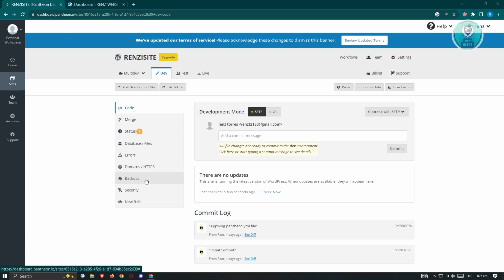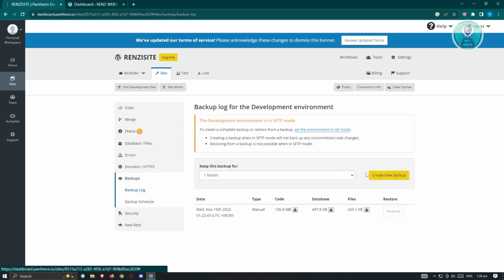Now in this case, if you're using a specific service, for example Pantheon.io here, you'll be able to create a backup via their system. We are in the site section here, and I just selected my WordPress website. So we need to go to backup here, and we want to create a new backup. Once you create a new backup, the files will appear, and from here you will be